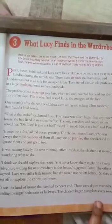Peter, Susan, Edmund and Lucy were 4 children who were sent away from London during the terrible war. The terrible war, it is the Second World War, when there were a lot of bombings and air raids on London. So that place, London, is not at all safe,